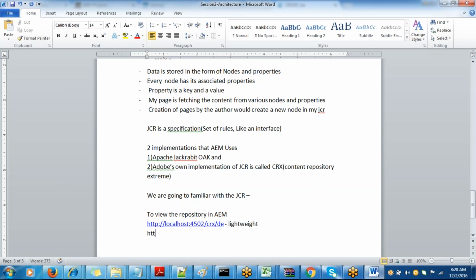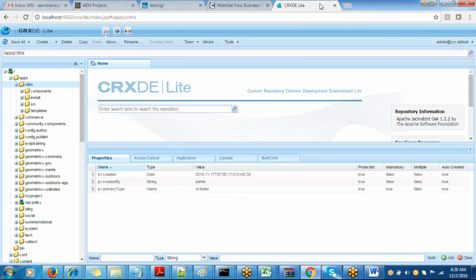The other URL is HTTP localhost. This is again a little legacy URL, but very effective: CRX slash explorer. There's another URL to view your AEM. So now,